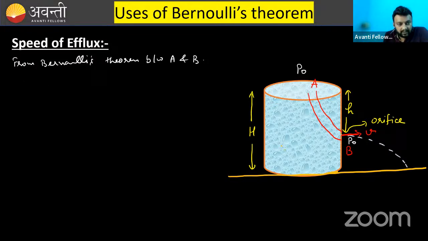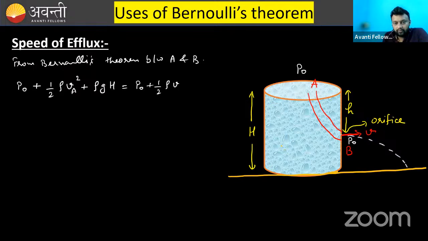So I will apply P naught plus half rho velocity at A square plus rho g H is equal to, pressure is again P naught plus half rho V square